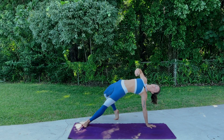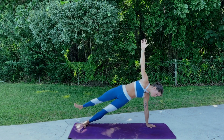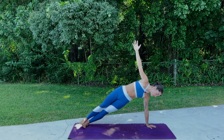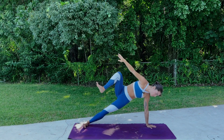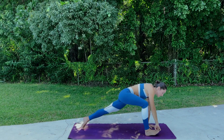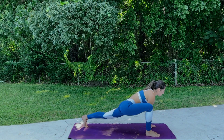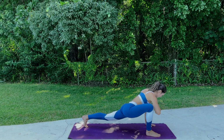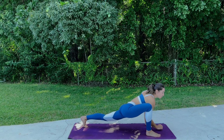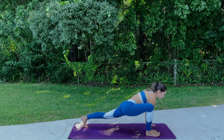Beautiful. And carefully make your way into a side plank. Stacking the feet. Pressing away from the mat, keeping those hips high. Reaching this right leg up, trying to grab the big toe with peace fingers and planting it a little bit further, a little bit more open than a normal lunge, coming into a little lizard. So staying up high on your hands, or we can come down onto the forearms, depending on how open we are. I recommend finding a little rock here,